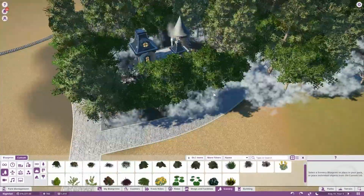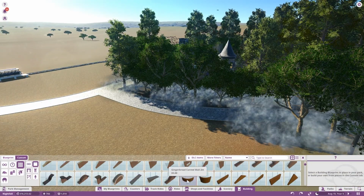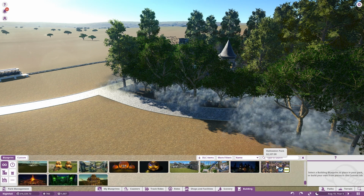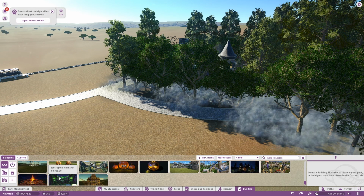Alright, so there we go. We can't really see it from here, but we have the Forest Master's something or other. I apparently can never remember the name, but that's okay. Alright, so that's one. Forest Keepers. Oh my gosh, yeah, Forest Master, totally. Alright, so we do have guests, I think multiple rides have long...